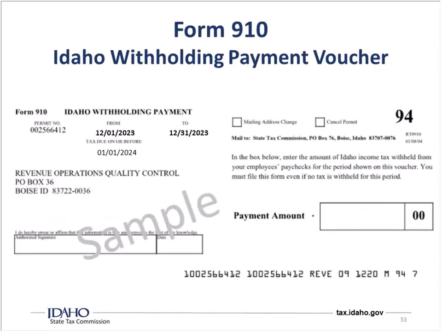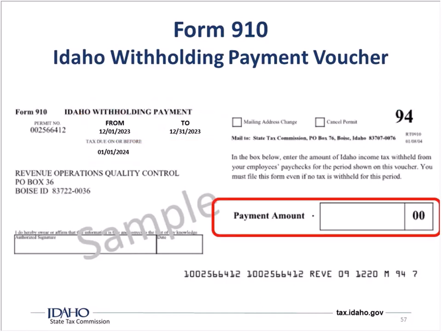This is what the 910 looks like. Pretty similar to the 850 that we just walked through. It's not available online again. If you need a replacement, please call us. Don't use a form from a different period or from a different company because it will not go where it's supposed to. And just like the 850, we have our permit number there. We have what period this is for. We have when it is due.